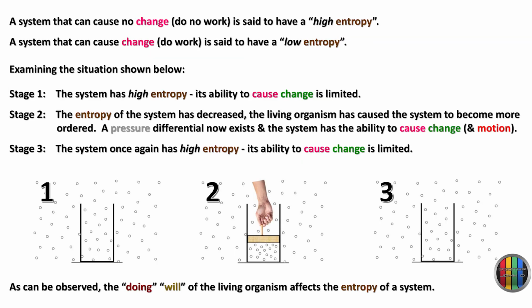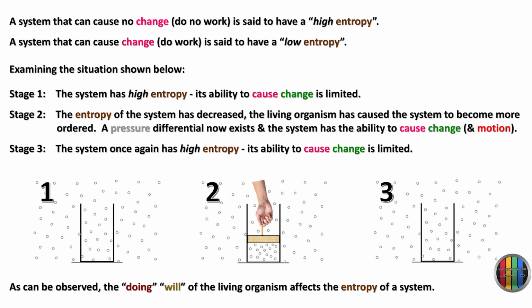A system that can cause no change, do no work, is said to have a high entropy. A system that can cause change, do work, is said to have a low entropy. Examining the situation shown below, Stage 1, the system has high entropy. Its ability to cause change is limited. Stage 2,